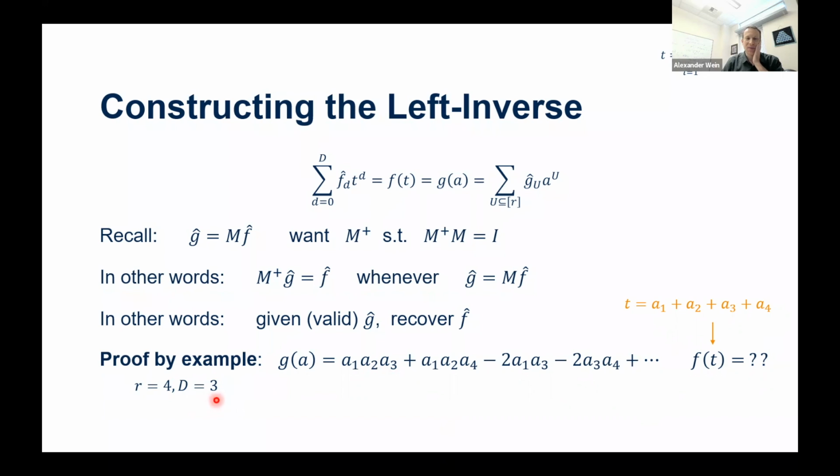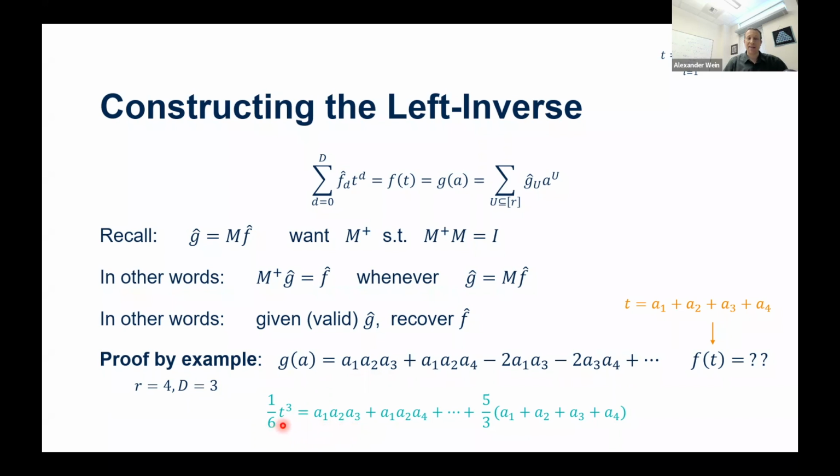I'm given that the degree of my polynomial is 3, so there aren't too many options. Basically the only way this term can arise is from raising this thing to the third power, right? If I raise it to a second or first power, I'm not going to get three things like this. So this first term here is sort of a giveaway. It tells me that I must have had a certain multiple of t cubed in my original polynomial, because that's the only way to get this term. And I specifically must have 1/6 times t cubed, because that's what you need in order to get that term to come out,